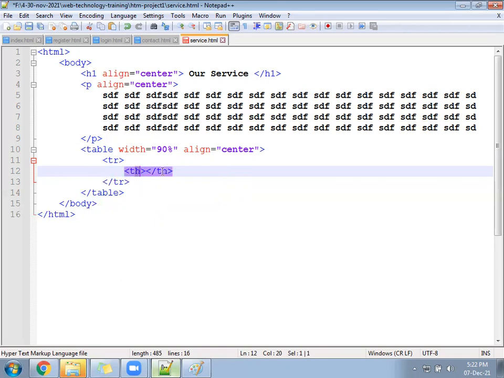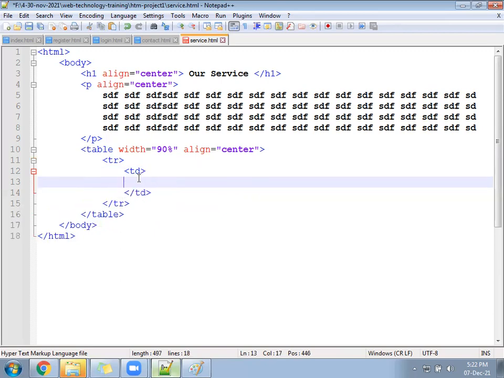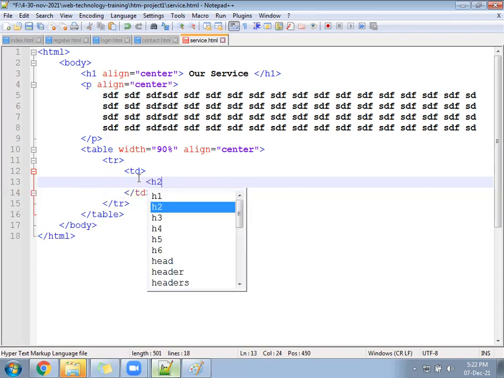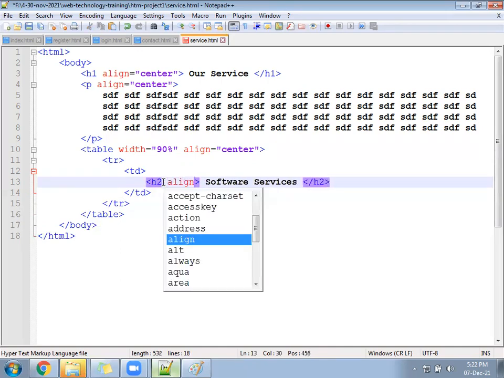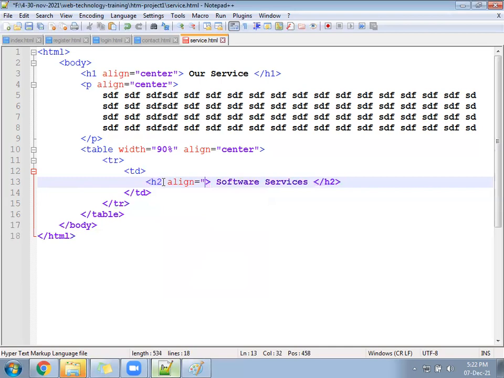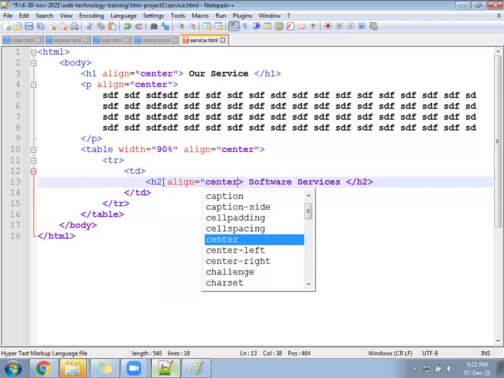Inside the TD, first you write maybe an H2, software services. This H2 should be in the center, so for that also we can apply align equal to center.